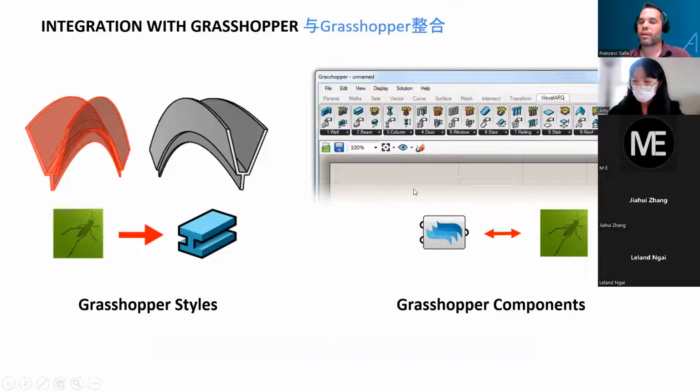In the other way, all the VisualARQ objects are available inside Grasshopper as components to integrate them with all the Grasshopper ecosystem. 那我们在用到 Grasshopper 的时候，VisualARQ 也可以与 Grasshopper 整合。第一个方面是 Grasshopper 里面的所有样式都可以在 VisualARQ 当中使用。另外，Grasshopper 和 VisualARQ 里面的组件是可以互相共同使用的。